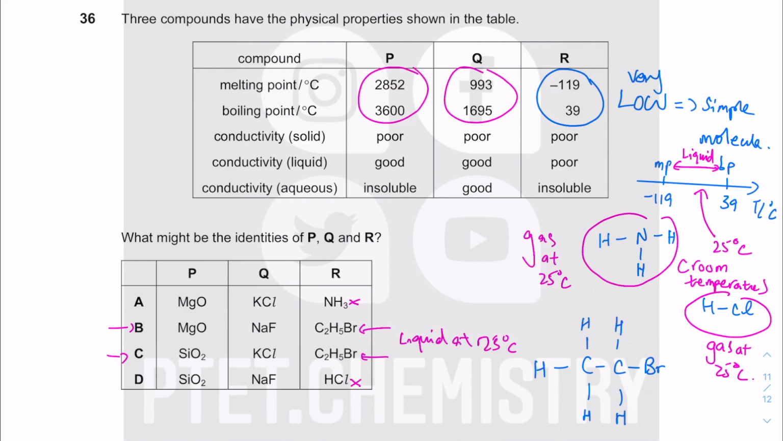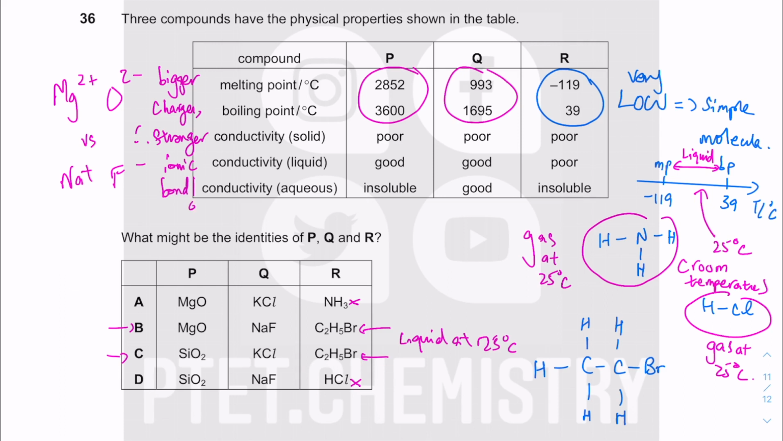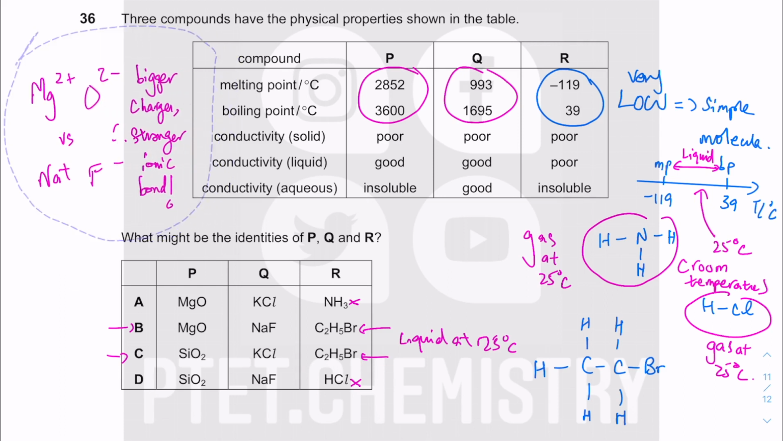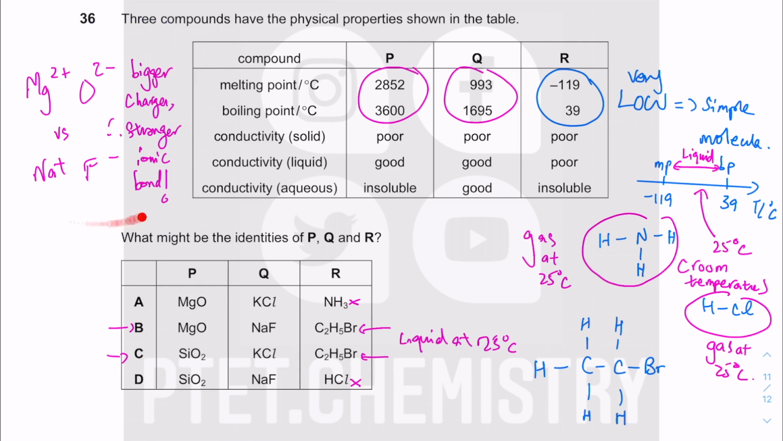Okay, so P has higher melting point and boiling point than Q. You can tell MgO has stronger ionic bond than NaF. MgO, Mg2+ and O2-, group 2 cation, group 6 anion, versus Na+ and F-, bigger charges, therefore stronger ionic bond. We discussed this in the checkpoint question as part of the factors affecting